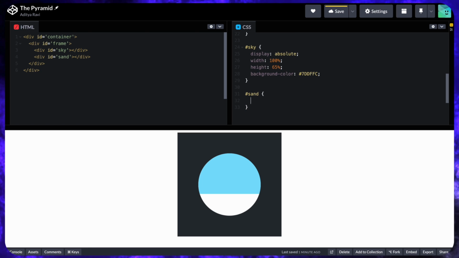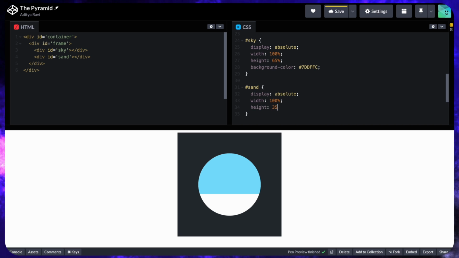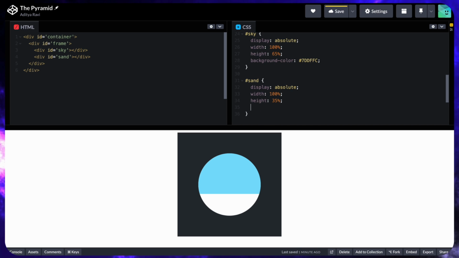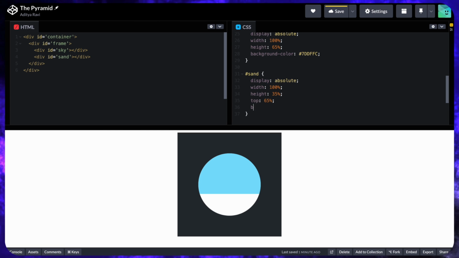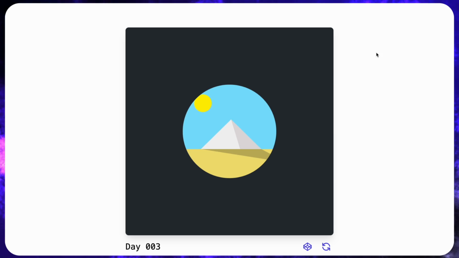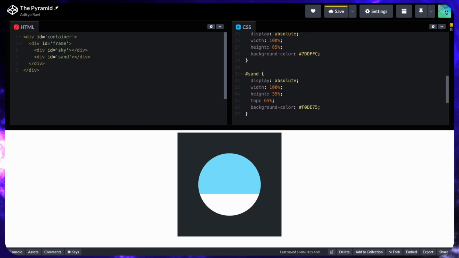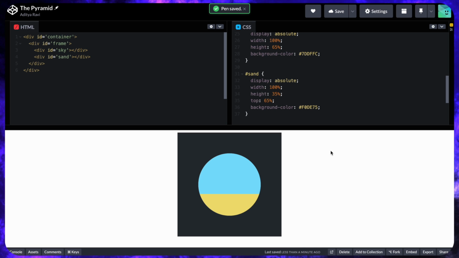And for the CSS, I'm gonna set a display property of absolute again, give it a width of 100% and a height of 35%, which is 100 minus 65%. I also want the sand to sort of render below the sky, so I'm gonna have to use the top property to push it down by 65%, which is the height of the sky. And for the background color, I'm again gonna use my color pick tool and grab the color from the 100dayscss.com website. Okay, and after pasting in the hex color code, you can see that the sand is looking pretty good,